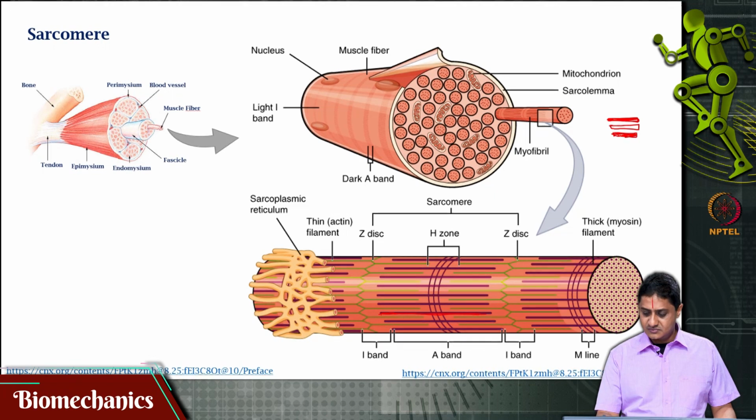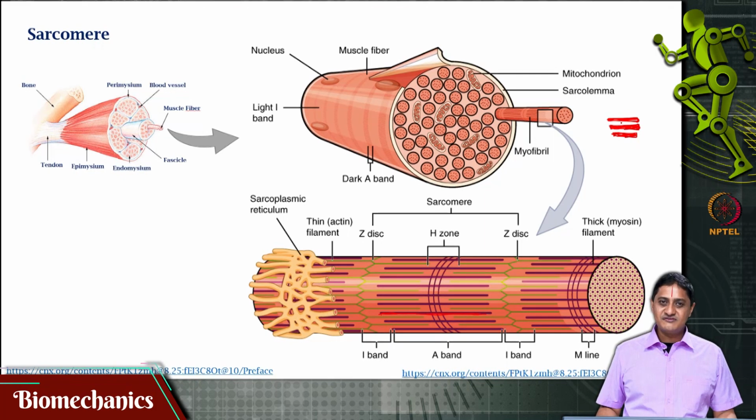So, alternating stripes that you will see. Since these stripes are present in the muscle, that muscle itself is called a striated muscle. Striated muscles means those muscles that have these stripes. But what is the functional significance of these stripes, of these lines, of these striations? So, you will have these thick lines that are there here, here, and then on top in this figure, this is seen in green here,